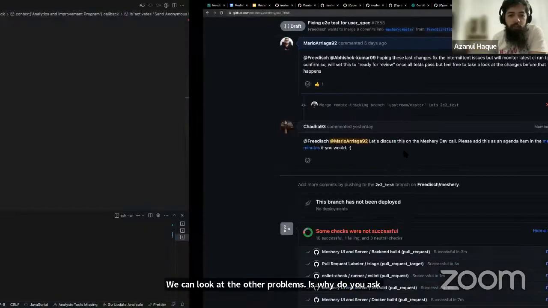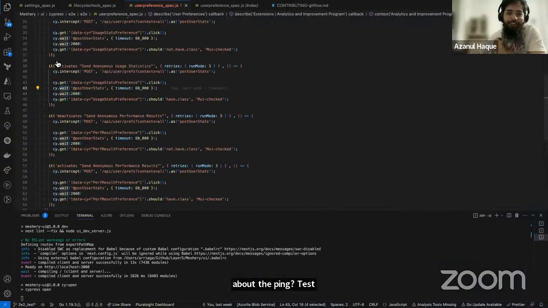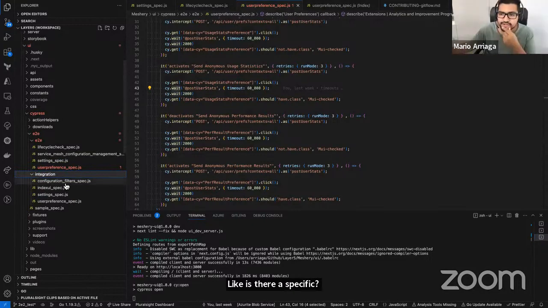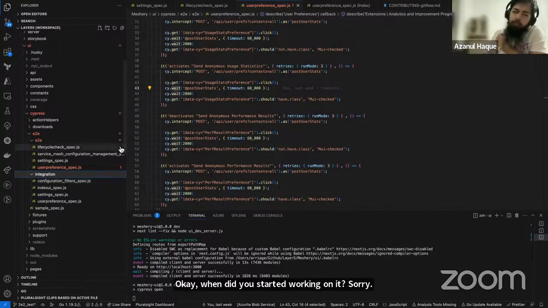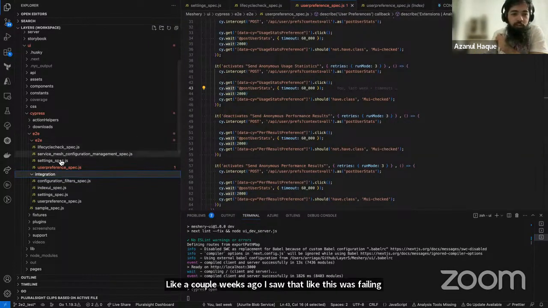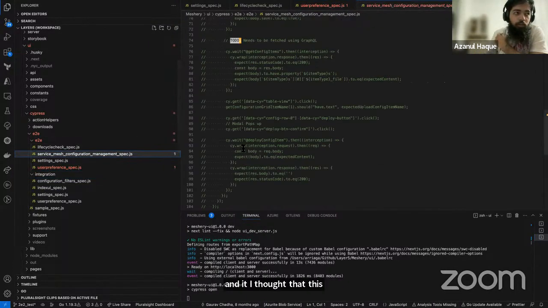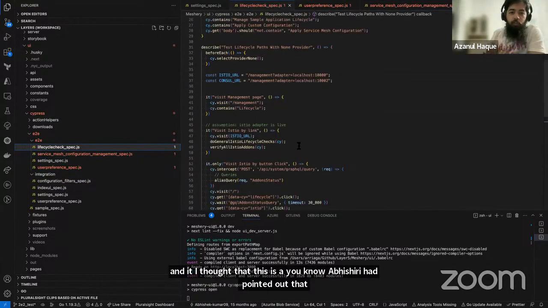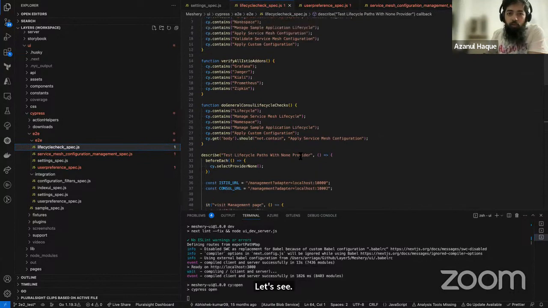Is there a specific? Yeah, that is because I spent one weekend trying to fix it. When did you start working on it? A couple of weeks ago, I saw that this was failing. Abhishek had pointed out that this might be because of the changes that I have done in the UI. So I did look to